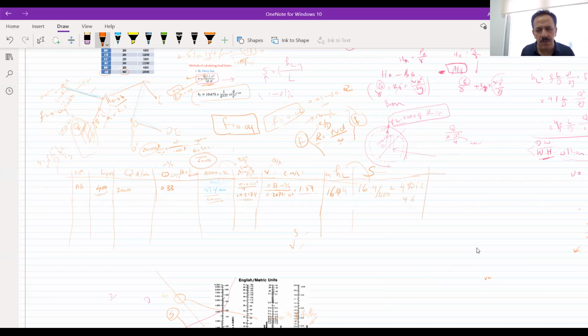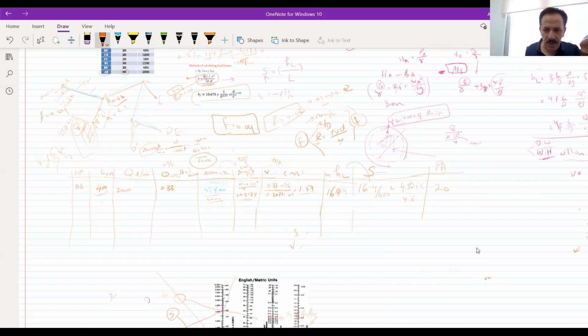Now, the pressure at A is equal to 20 meters, right? This is given by the network. It said that at point A we have a tank, and the tank is above the ground level by 20 meters, so it means the level of water at point A is 20 meters.